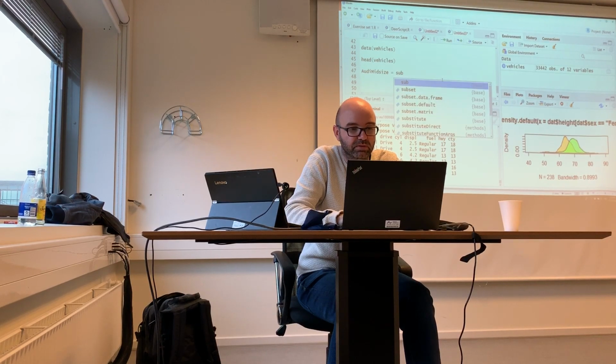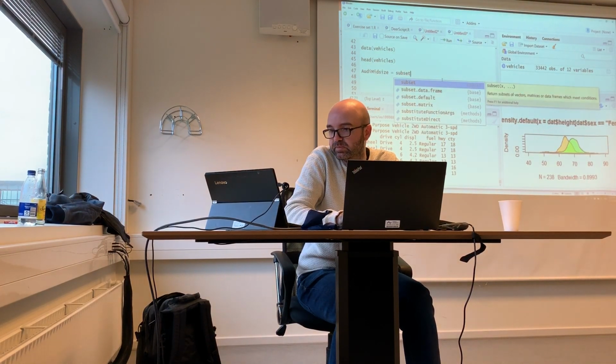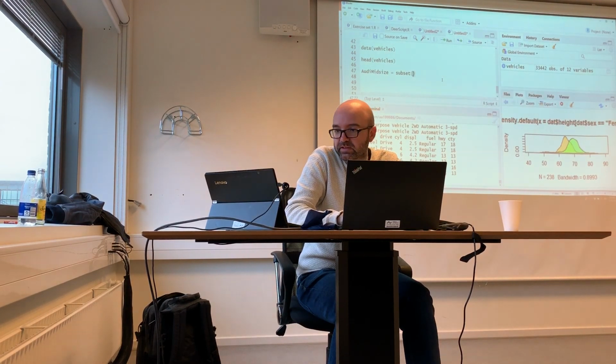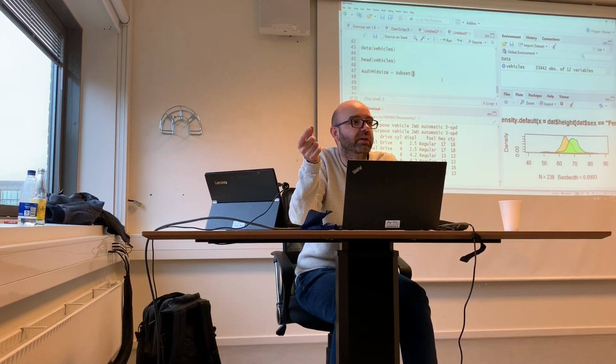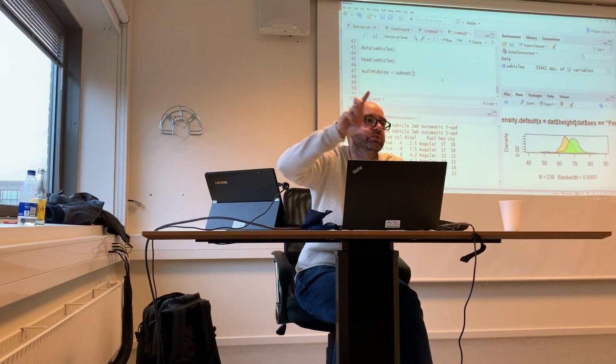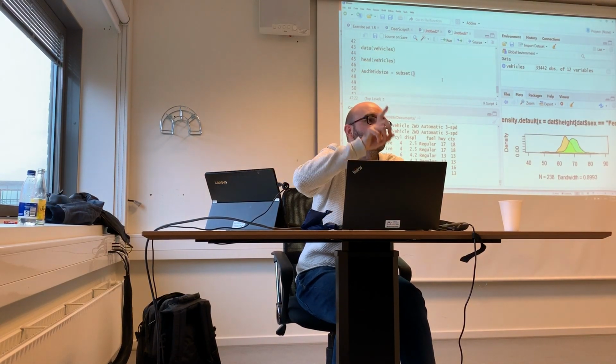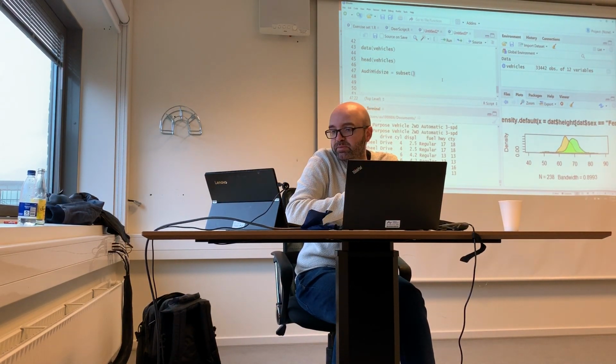So what does subset do? Subset's a function, so it takes an input. And the inputs that it takes are data frames and conditions. And you can think of these conditions as indexes, as stuff that's picking out and pointing to things that you're interested in. So the first thing we have to put in subset,